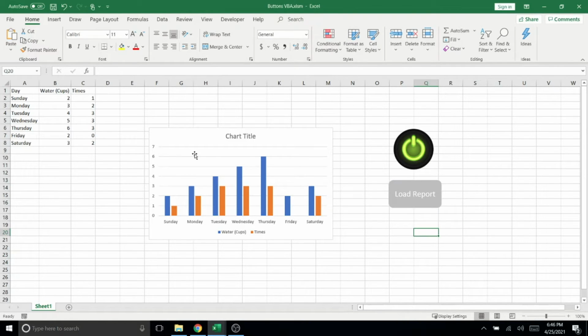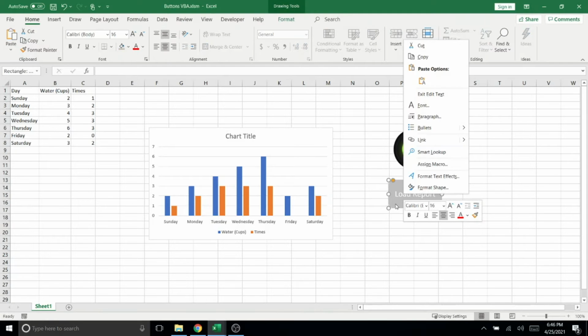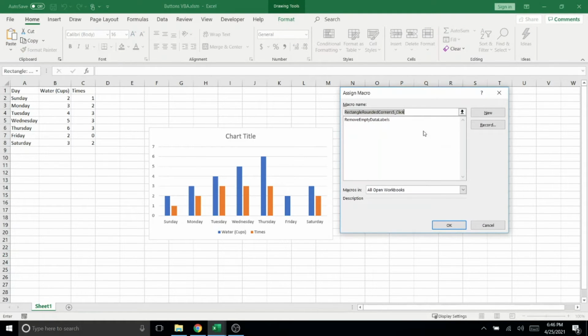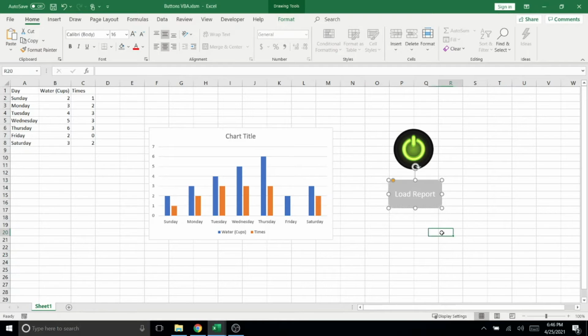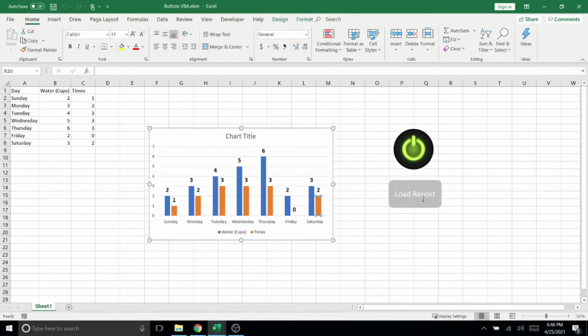But for example, if I wanted to make this a button, you would right click, go to assign macro. And right now I only have the one macro, but if you had several, they would appear here and you would choose whichever macro, basically the code you've written that you want to assign to that button. So now that I've done that, now it's a button. And so if I click it, it'll run the code. The code was to add labels